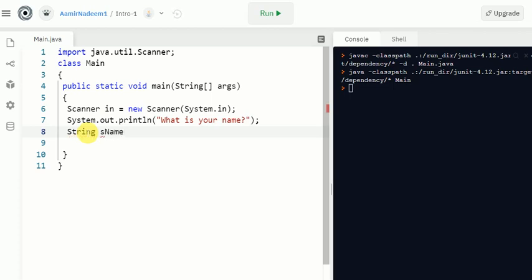Okay, I'm writing like this, sname. This is called camel case, where the first letter is always small and the first letter of the second word is always capital. So sname is equal to